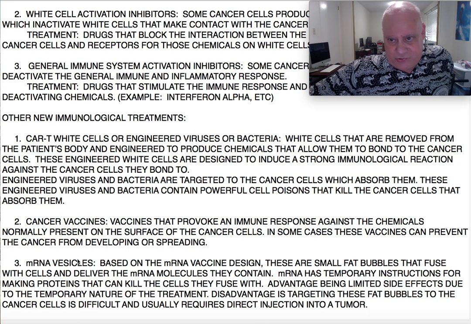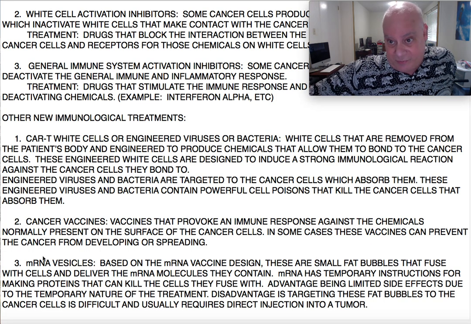Also, mRNA vesicles, which are used in these new mRNA vaccines that we've got. Remember, mRNA has the instructions for making proteins. So what they've been doing is putting those instructions in little fat bubbles that can fuse with cell membranes and get their contents inside the cell. And so, for example, if you put mRNA with instructions for cells to make proteins that make them more visible to the immune system, or proteins that make them not grow as well or not reproduce as well,